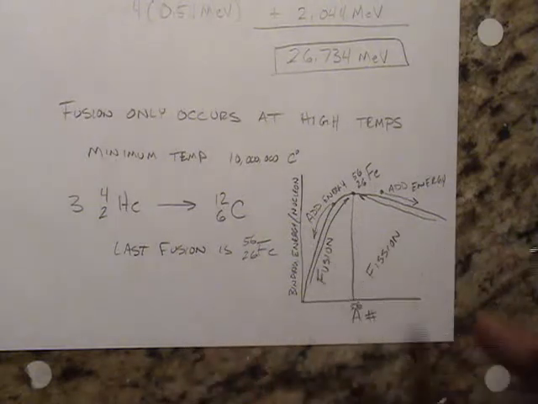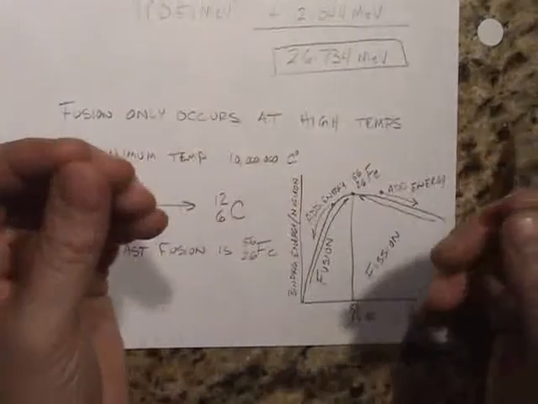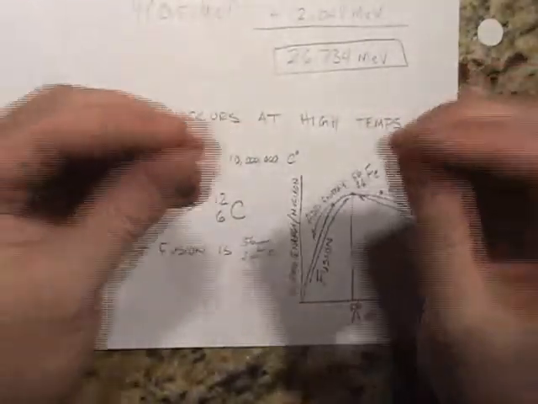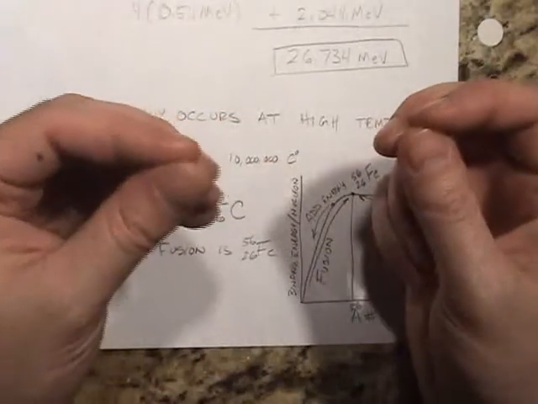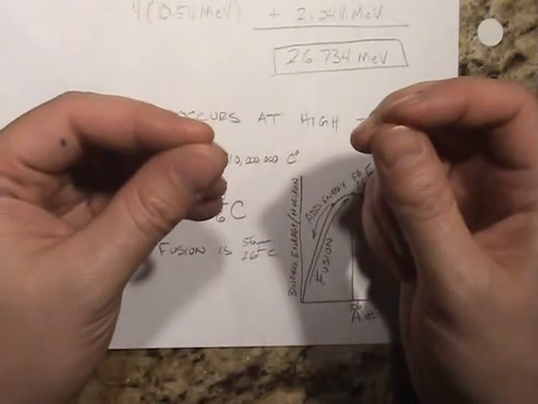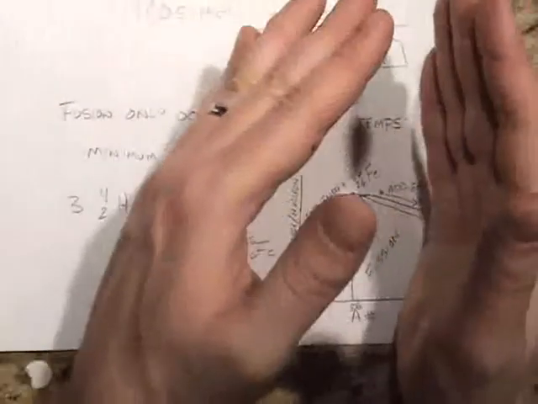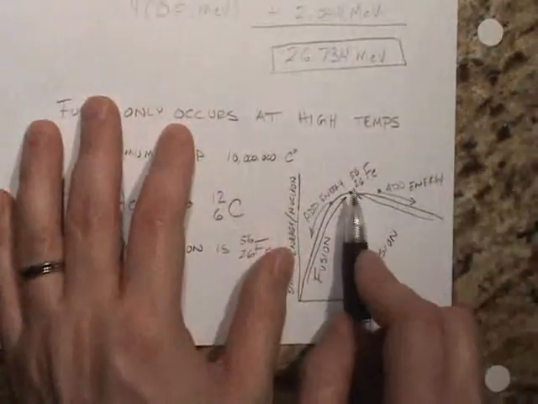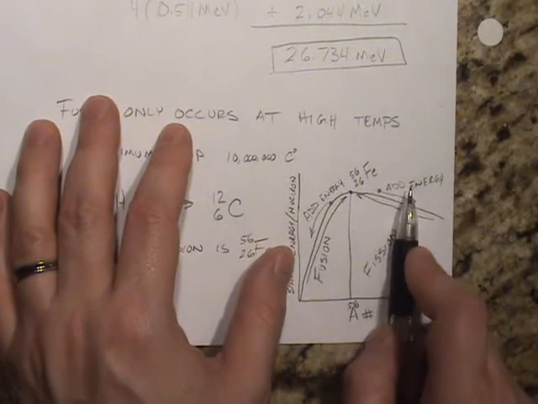How is it that I can fuse particles together and get energy, and I can break particles apart and get energy? It would seem like I could just fuse them and break them apart and fuse them and break them apart, and every time I do that I would get energy. Well, that violates the law of conservation of energy. The reason why I can do fusion and produce energy and do fission and produce energy is because there is this breaking point. Fusion works to the left of the line, fission works to the right of the line, but